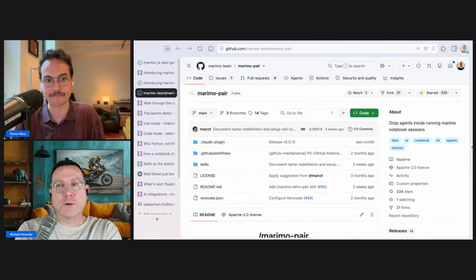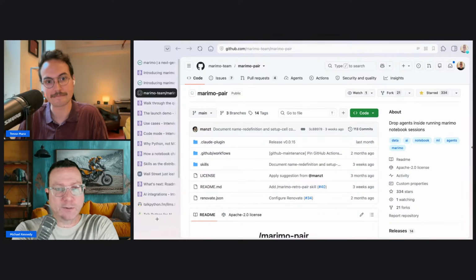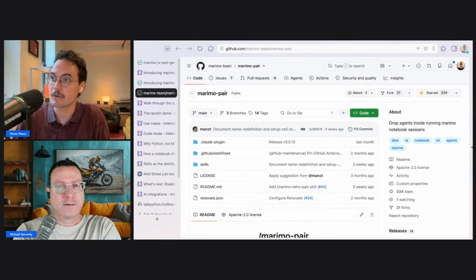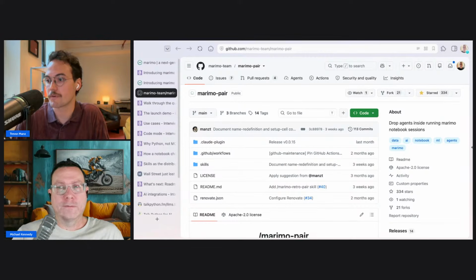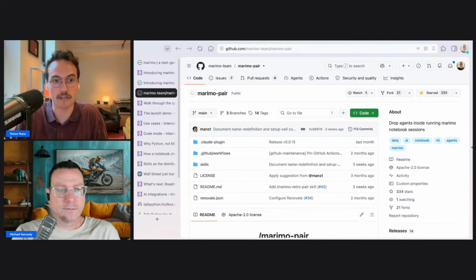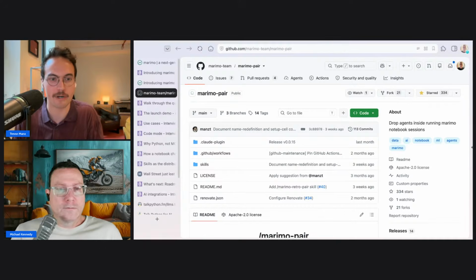What's the token economics of this? Is it more efficient on tokens because it doesn't have to search around so much, or have you noticed a difference? Yeah, that's a great question. The skill itself is a pretty slim markdown file that just teaches the agent what this tool is and how to use it, which is run Python in the running kernel.